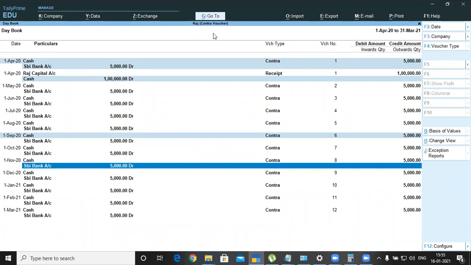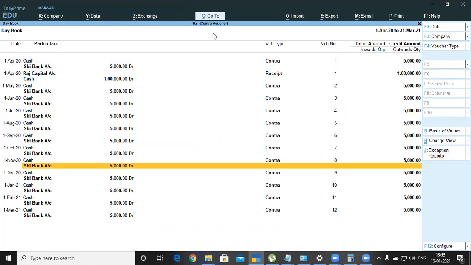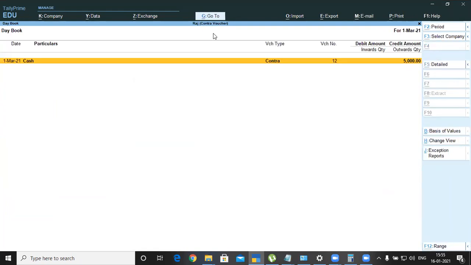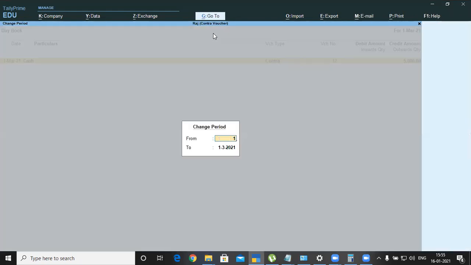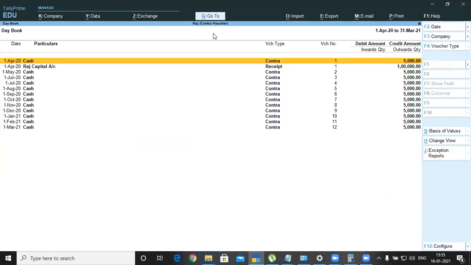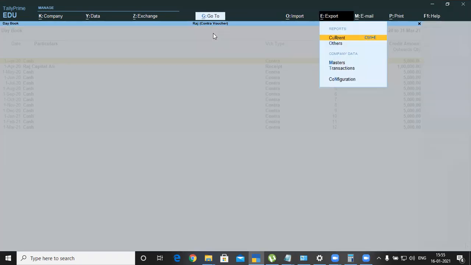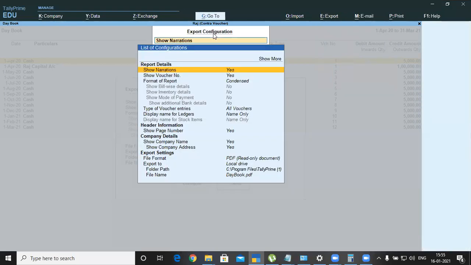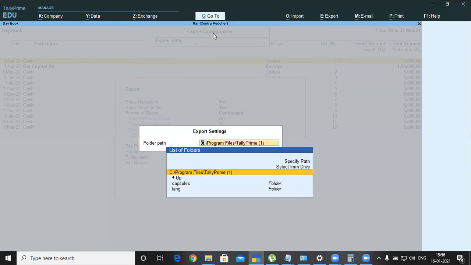Okay, and press escape. Press escape. Okay, and if I would like to take a report for 1st of April to 31st of March, do Alt E, current, go to configure, use the arrow button to the folder path, so change this folder path.